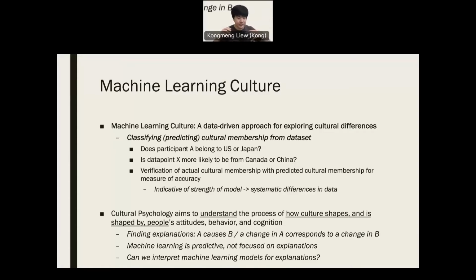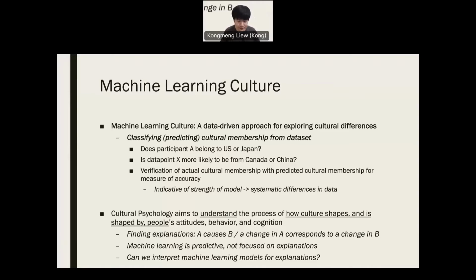And so the good thing about machine learning is that once we have these kinds of ideas that we want to test, we can actually then split the data. I'll come to this in more detail later, where we can test this developed model on an unseen data set for a relatively more unbiased assessment of the strength of this model. Like, is it good at what it does? And from this strength, we can then extrapolate the differences, the magnitude of difference between these two cultures, at least for this data set.